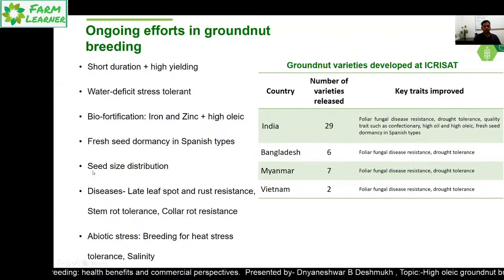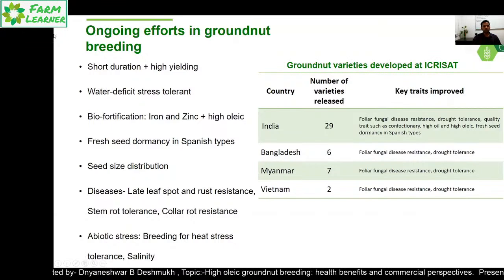Seed size distribution in the sense that in India, there is huge demand for table purpose groundnut, that is bold type groundnut for confectionery, especially if you look at different products such as salted peanut of many different brands. Then there is very huge demand for the bold type Spanish. So that's how we are looking for the bold type groundnuts. And this has been a must-have trait in